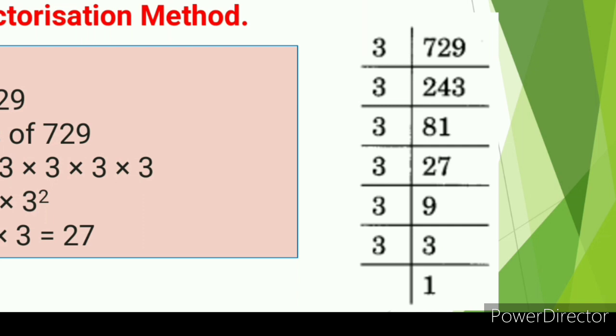The first prime number is the smallest prime number, as well as the only even prime number, which is 2. 2 is always a prime number. 1 is neither prime nor composite, so don't take 1. You should start with 2. Prime numbers are 2, 3, 5, 7, 11, 13, 19, 23, etc. Numbers that can't be divided by any other number except 1 and itself are prime numbers, right?